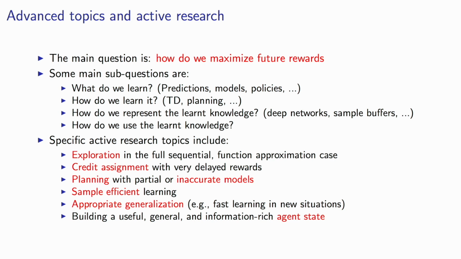But let's say you're interested in maximizing, so we're interested in finding good policies, then you could imagine some sub-questions which are still fairly general, which include what do we learn? Do we learn values, models, policies, all of these? Also, how do we learn this? For instance, do we use TD or Monte Carlo to learn a value function? And we've seen some trade-offs. It's not always immediately clear how to do this most efficiently. And sometimes you just have to try, see what works.